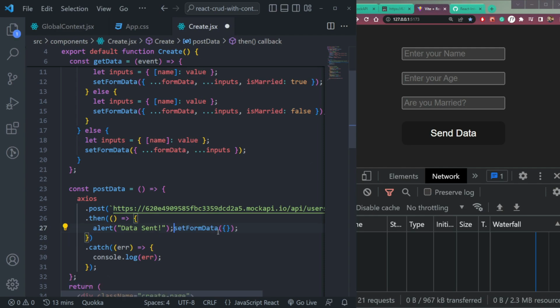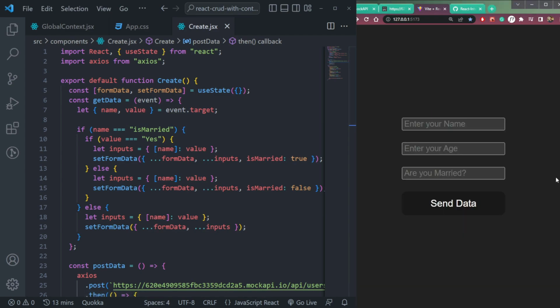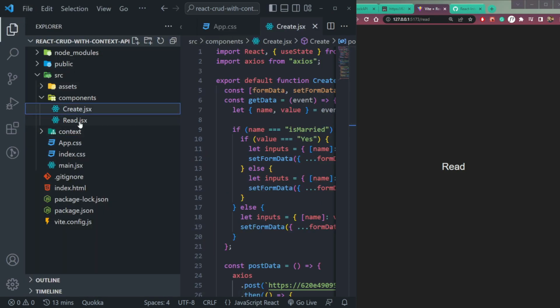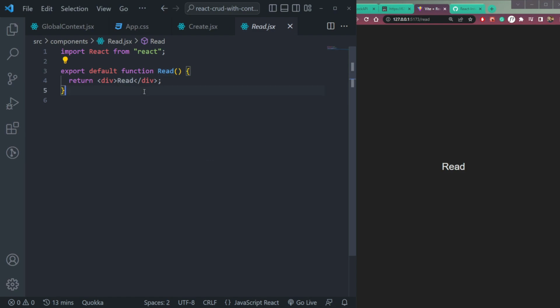We don't need this. We don't need this. Okay. Fine. So that's how we do it. Now let's try the read property. So go over to this read component and let's get data from here. So let's come over to read component and import Axios as library. So import Axios from Axios and let's create a use effect hook